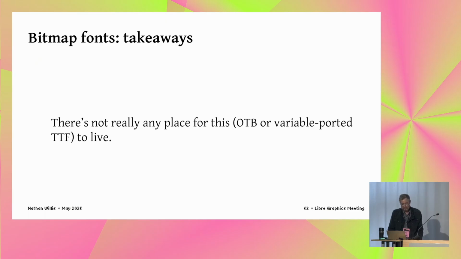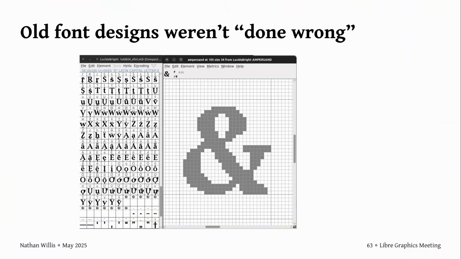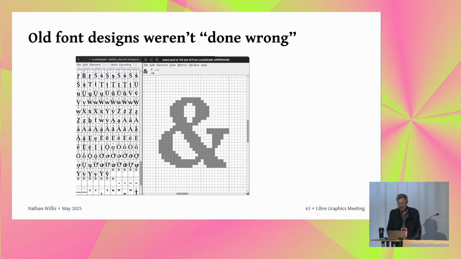The other thing is, I'm not really sure where fonts like that should live. I don't think they're a great fit for Google Fonts, mainly because of the interpolation not working. Character set coverage isn't there, not just punctuation, but real language support. Naming and licensing is hard. So I don't know that there's a great place to put OTBs at all. But I think there needs to be a path forward. The problem with the old designs is not that they're mistakes, they just had different constraints. And we know we have more room to put things in. Now, best solution, I don't think I have it.